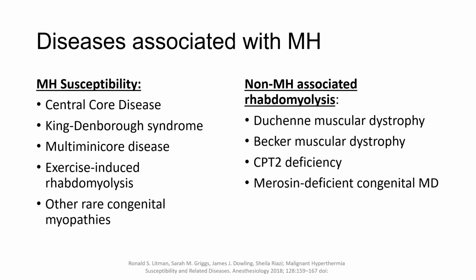Certain diseases are known to be associated with malignant hyperthermia, whether it be the susceptibility to full-blown syndrome or a non-MH associated rhabdomyolysis, summarized on the slide below. Any patient with myotonia or a muscular dystrophy on the spectrum of diseases should trigger in your mind a susceptibility to full-blown MH syndrome, the diseases in the left column, or at least the potential of rhabdomyolysis with exposure to succinylcholine with diseases in the right column, or questionably after exposure to volatile anesthetic agents.